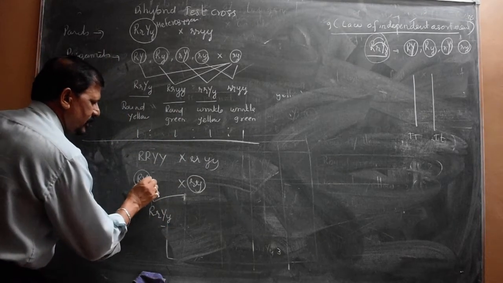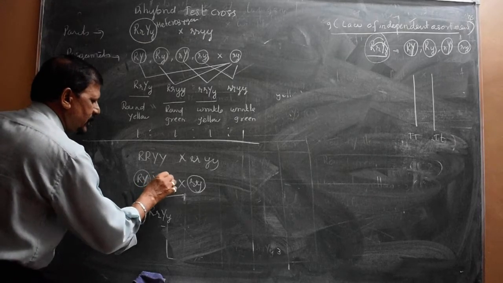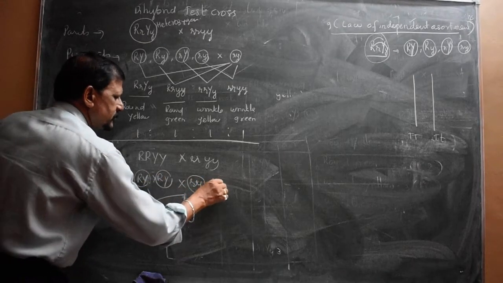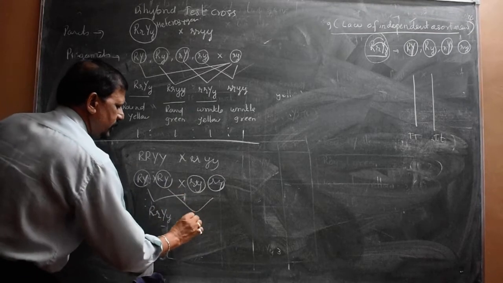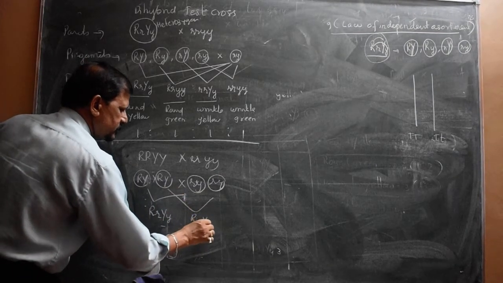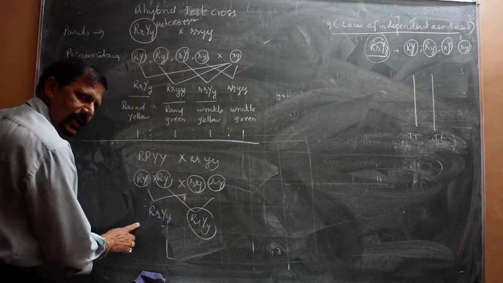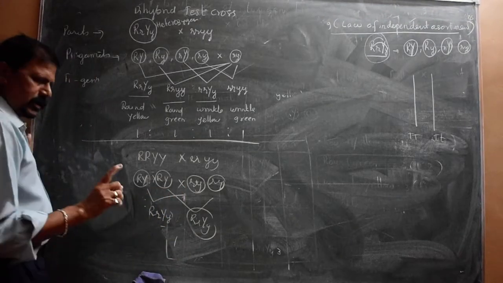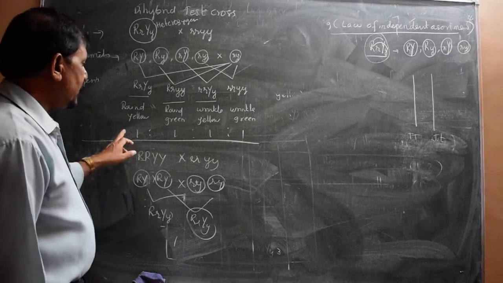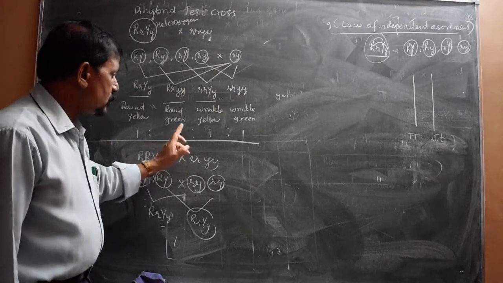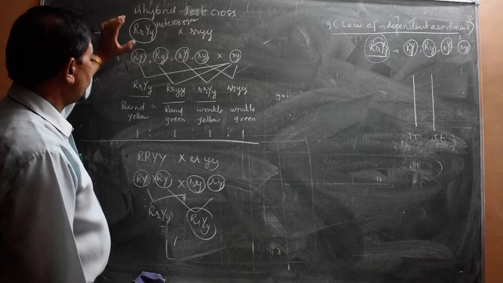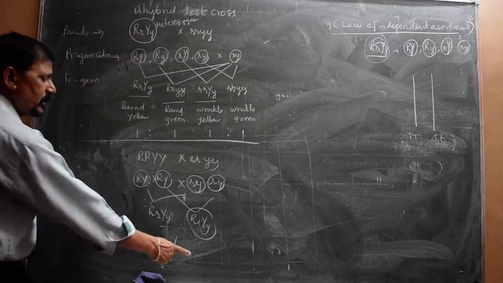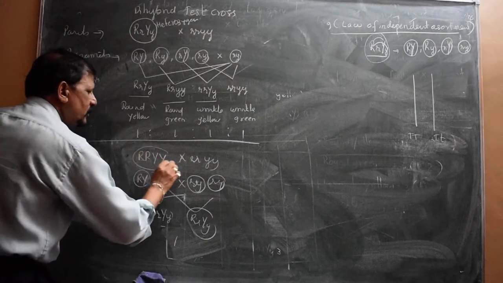Sir, I have written here. See, you can also write another type of plant here. If it is so, here also you will get the same answer. Both plants are the same, so the ratio is 1. But here the ratio is not 1. It is a 1:1:1:1 ratio, which means the taken plant is heterozygous. But where the ratio remains 1, it means the taken plant is not homozygous.